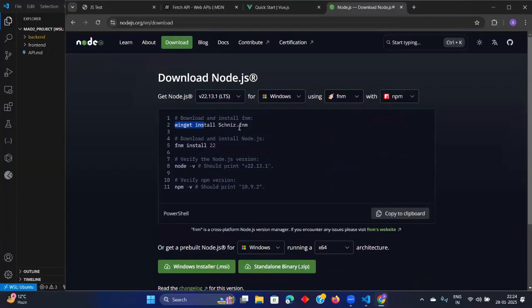Node is a runtime environment for JavaScript files. Without it, we are not able to run JavaScript files inside any terminal. That's why I have Node here. Clear? And what is npm? You can think of it like